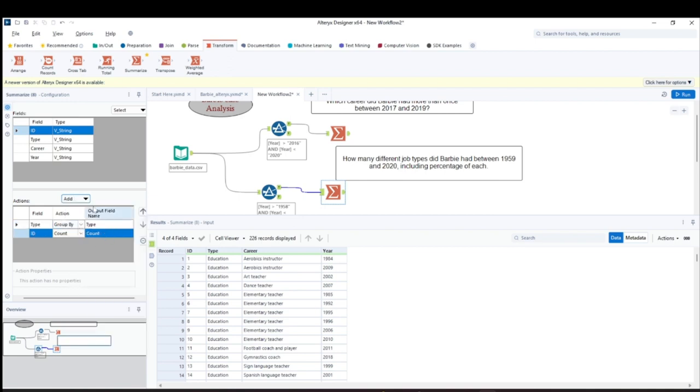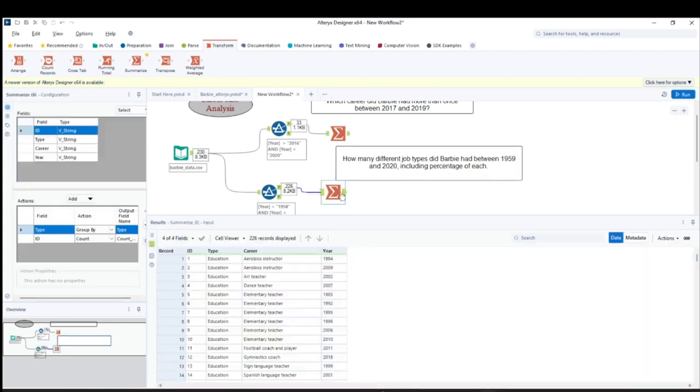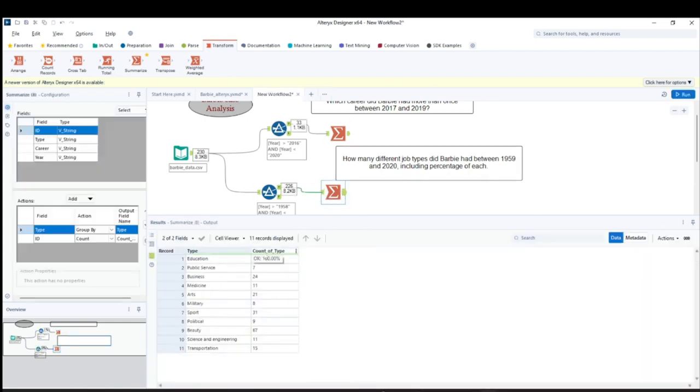One more thing is that it is asking me the output field name. So what I can do is write here ID count or count of job, or I can rename this also count of type, whatever you want. Once I run this, I'll get this here, and I can see the renamed count of type, and you can get the different occupation or type of career that Barbie was engaged in.